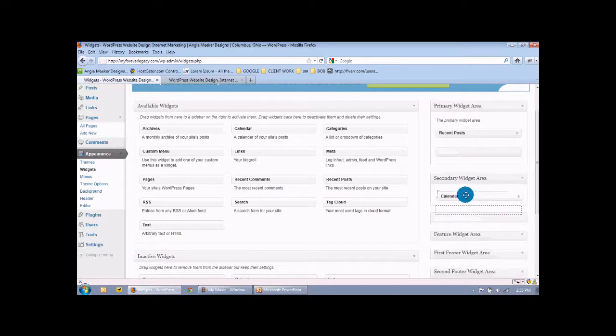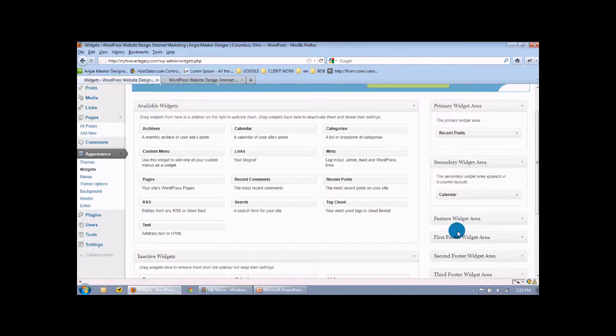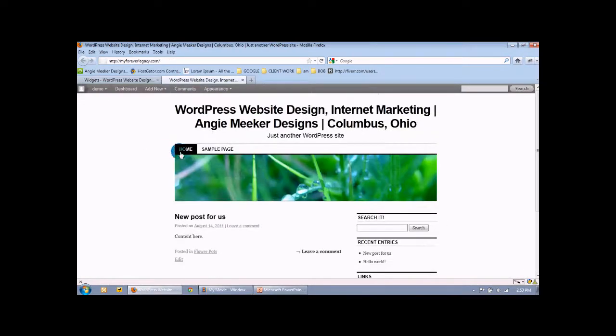For our menu, you can see our menu still has home, and then sample and services. But what if that's not what we want? We organized our website so that services would be a child page of sample page, but what if that's not how we want it to display in the menu? Well, that's okay. We're going to go to menus